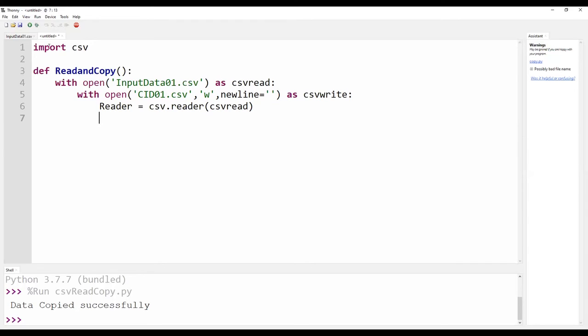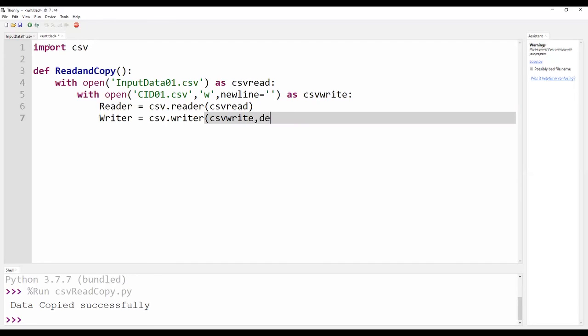In order to write the copied content with a different delimiter, I am creating one more object, namely writer. csv.writer, where are you going to write? csv write, which refers to CID01.csv.